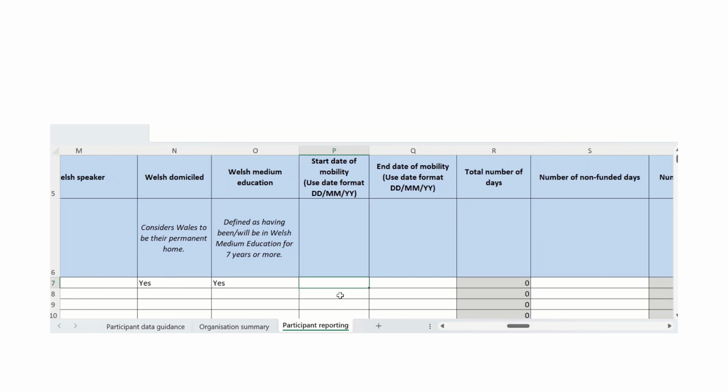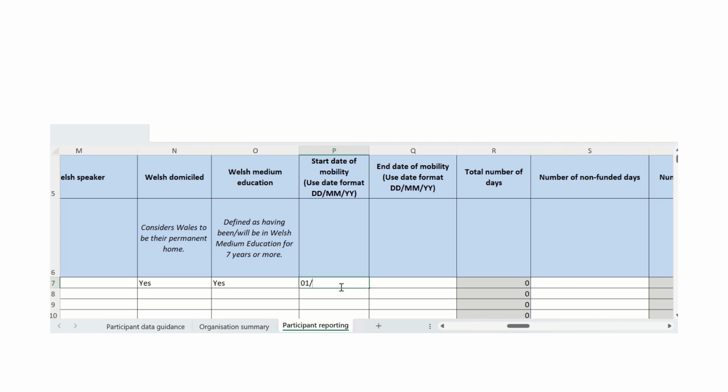I'll then go on to put in the mobility dates. Now, for this example, I will just say that I'm completing this report in February. The mobility hasn't started yet, but as I've incurred costs for additional costs that I've requested, I do need to enter the information here. So as I mentioned, let's say it's February.